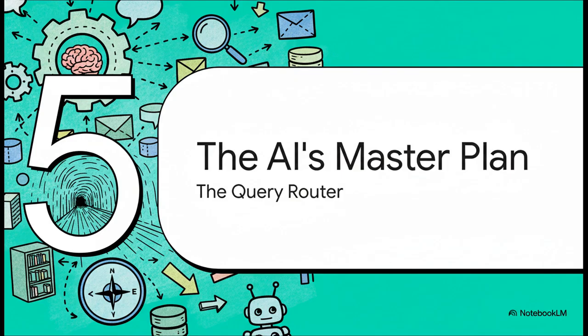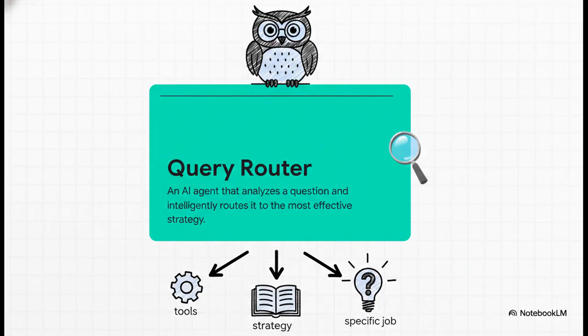So, we've transformed the query and we've re-ranked the results. But what if the AI could choose the right strategy from the very beginning? That's where the master planner of this whole operation comes in, a component we can call the query router. The query router is like a wise mentor for your question. It analyzes the incoming query, and instead of just using the same old strategy for everything, it intelligently chooses the right set of tools for that specific job. It completely moves beyond that flawed, one-size-fits-all approach.